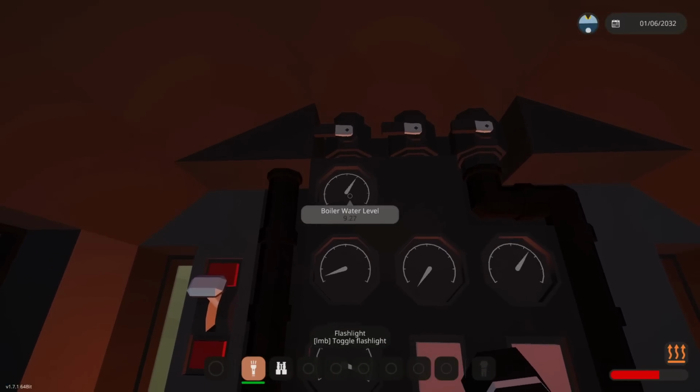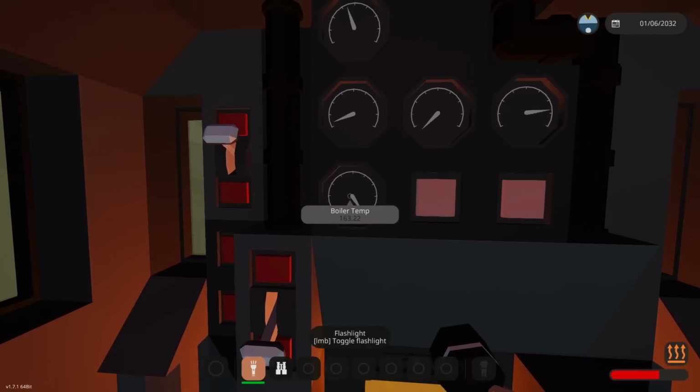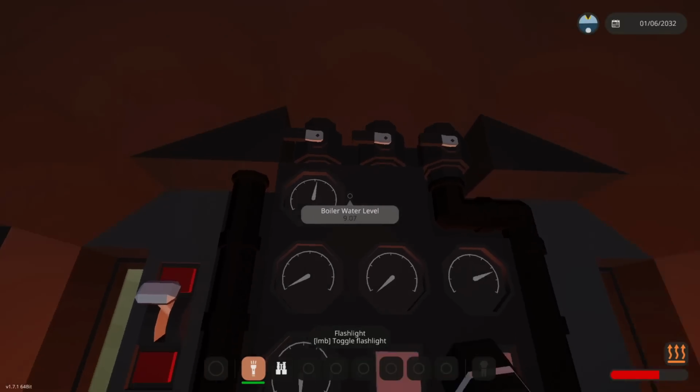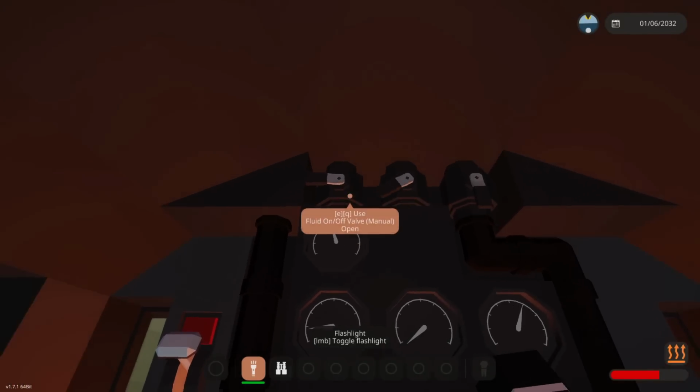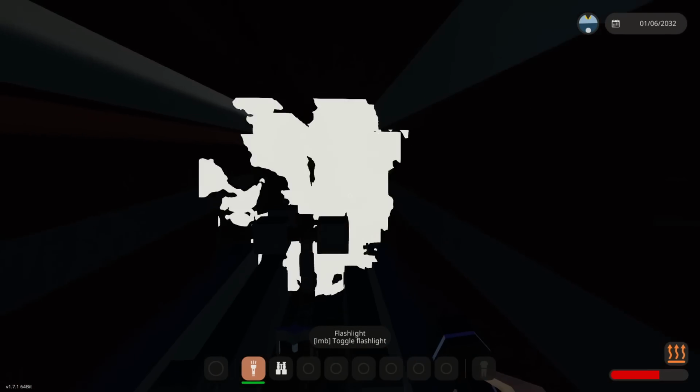Our boiler water level is 9, and that keeps getting knocked back up. And our boiler temperature is okay too, so it should be working. It's just not, and I don't really know why. So if we go back inside,